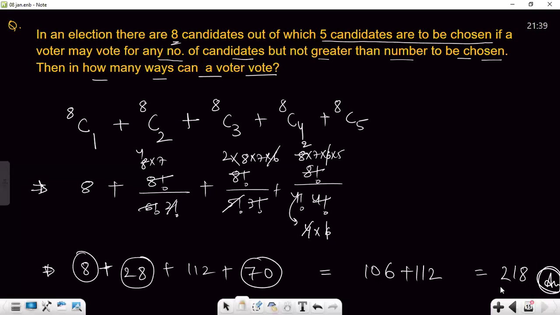A voter may vote in 218 different ways. How interesting this election is. So the voter can select 1 candidate or 2 or 3 or 4 or 5. That is what needed to be understood from the complex language of the given question, and UPSC plays with the